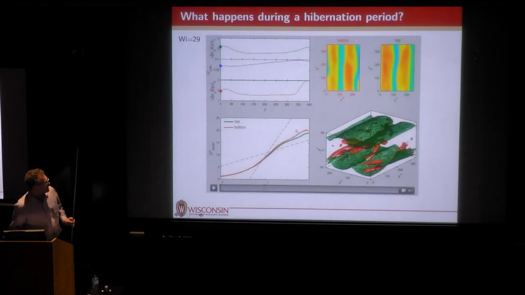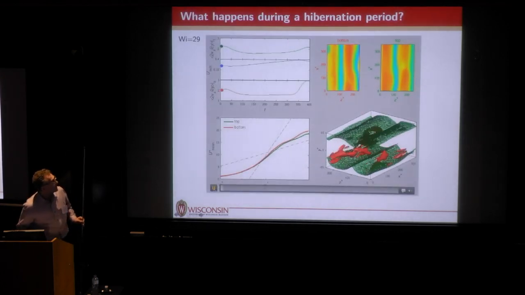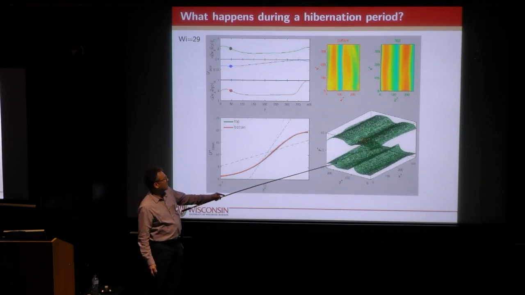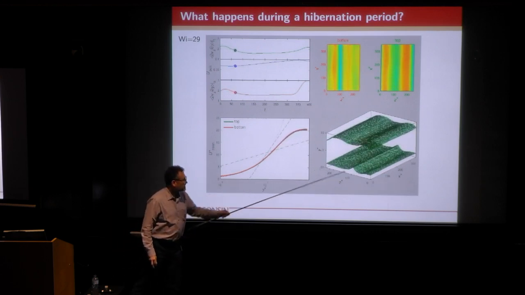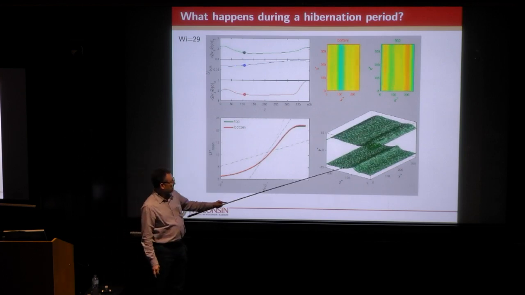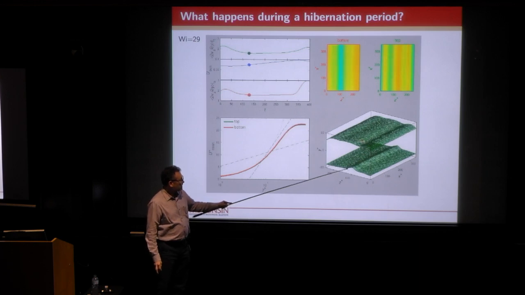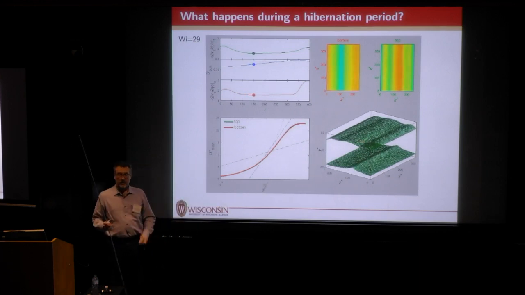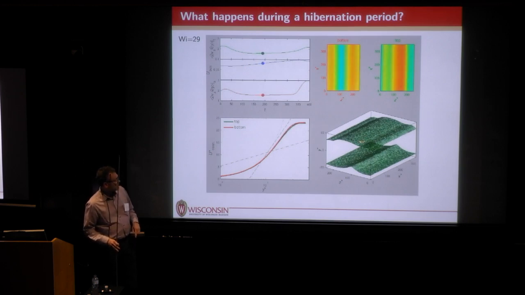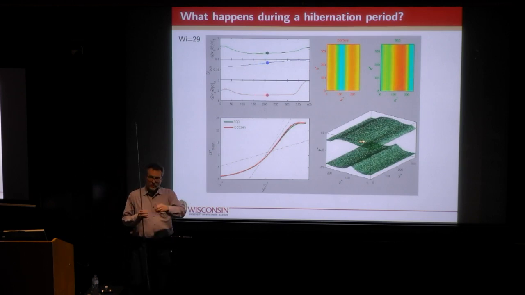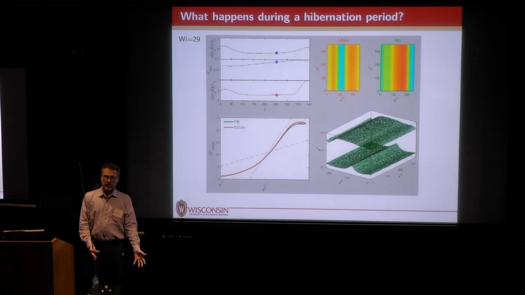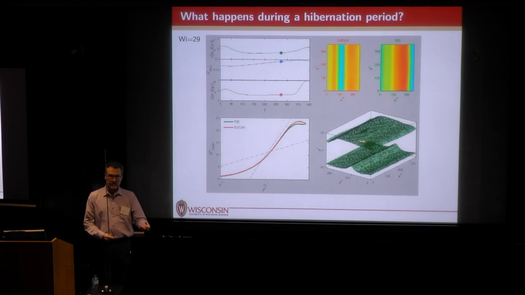So this is a movie. It's an old movie by now. This is probably the thing to look at here. The green is just a surface of constant streamwise velocity, and the little crease there is an upwelling. That's a low-speed streak. And so you have very weak streamwise vortices. This is during one of those hibernation intervals: very weak and very nearly streamwise invariant structures. If they were fully streamwise invariant, there's no mechanism for turbulence to sustain itself, and you'd laminarize.